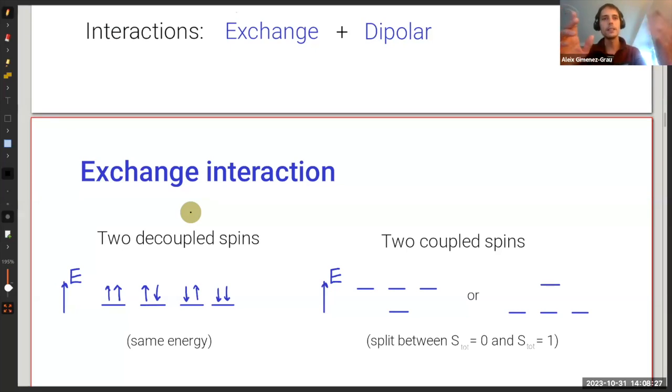Now, if instead you turn on some type of interaction that preserves the rotational symmetry of the system, what's going to happen is that these 4 energy levels are going to be split between some irreducible representations of the total spin. In particular, there are going to be 3 states which have a certain energy, a triplet of SO(3), and then a singlet state which has a different energy, right? And this can happen in 2 different ways: the triplet might have higher energy, or the singlet might have higher energy. And that's physically the difference between a ferromagnet and an antiferromagnet.